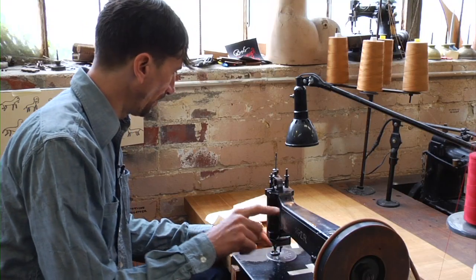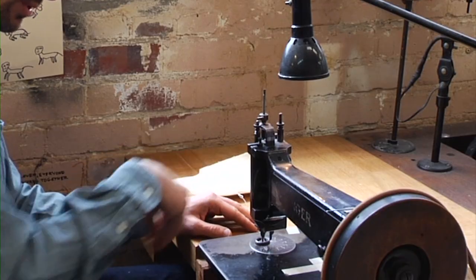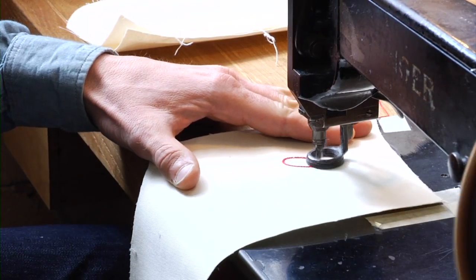So this is an old embroidery machine. The head here is always going like this, forward. And then as you turn the handle, it goes this way. And then see, I'm turning and